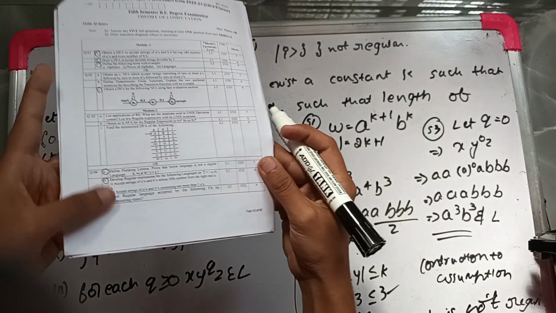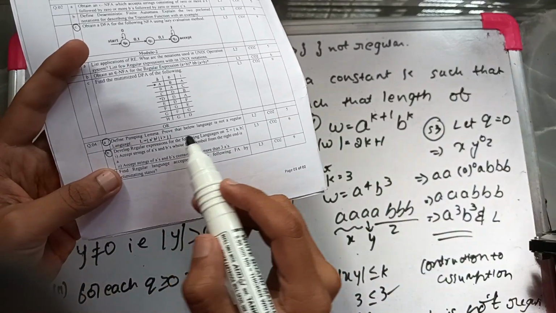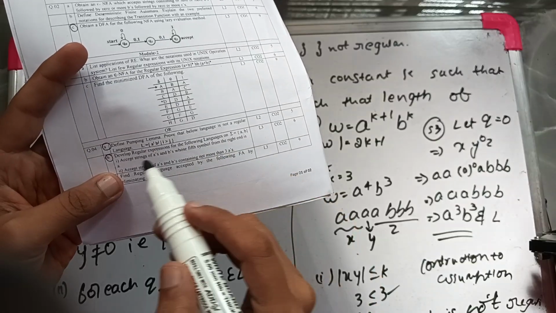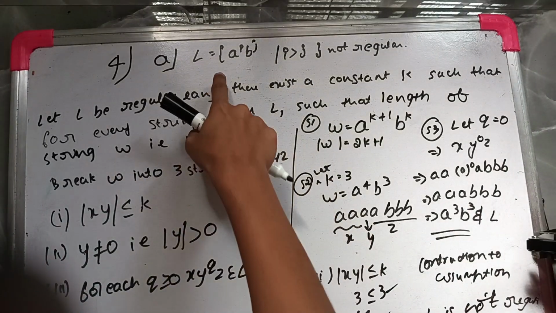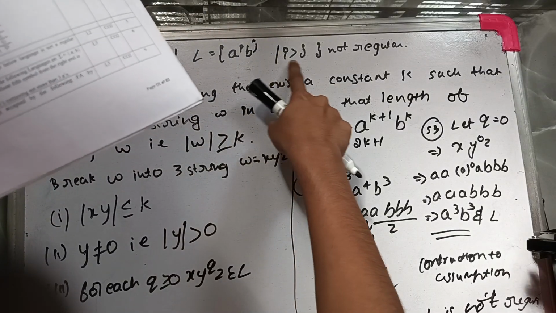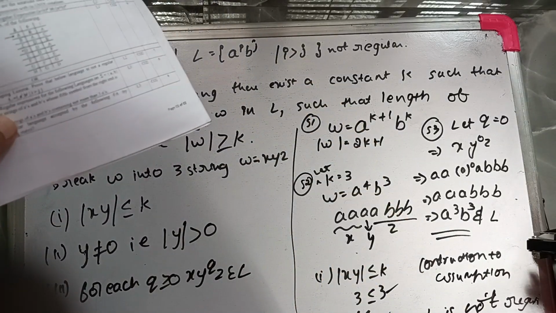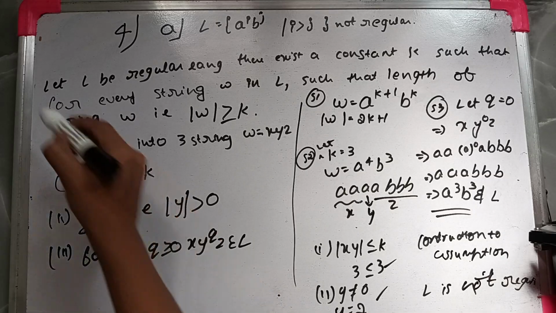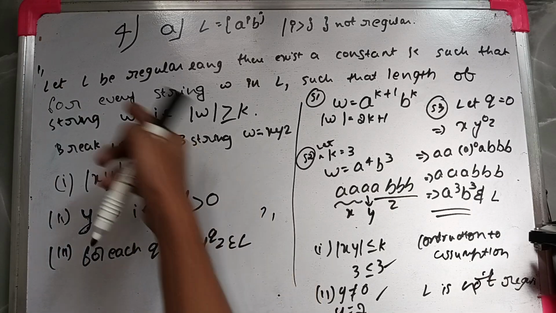Next question, that is 4a: define the pumping lemma, and prove that the below language is not regular. L is a power i, b power j, where i greater than j, not regular. Define the pumping lemma means write this much. If it is a regular language,